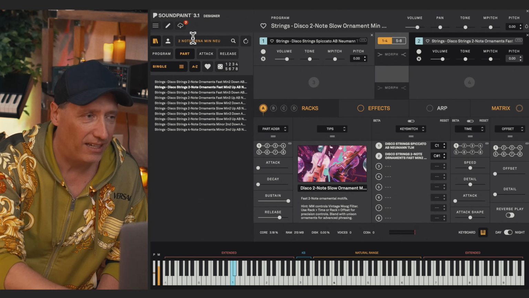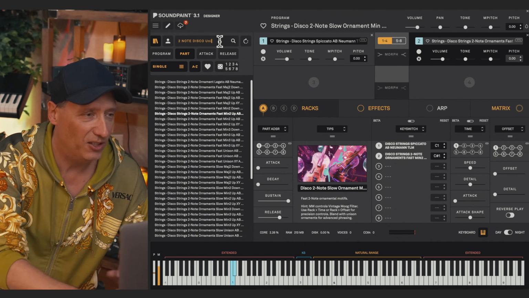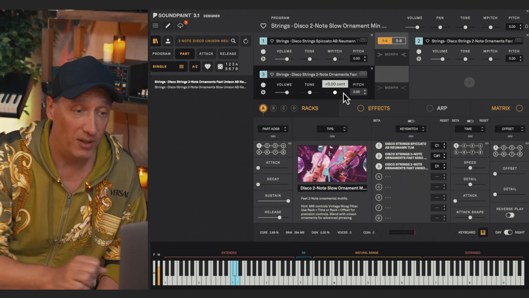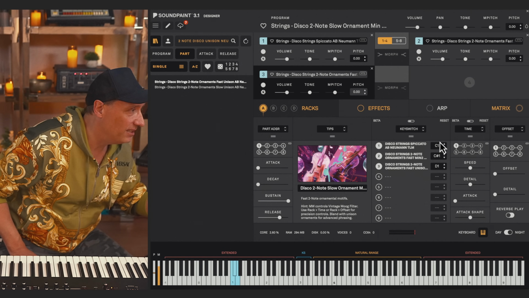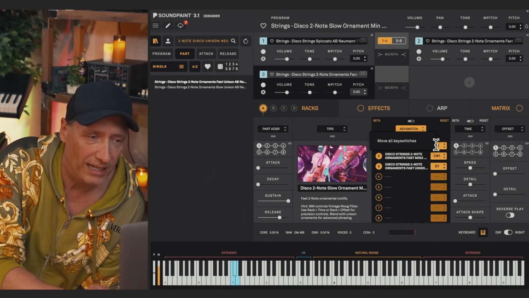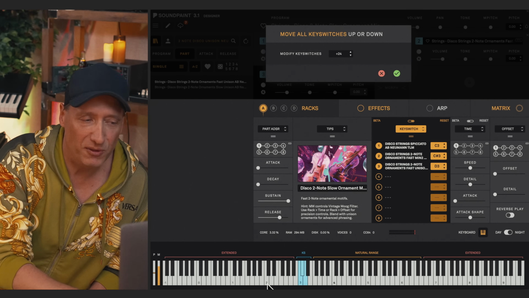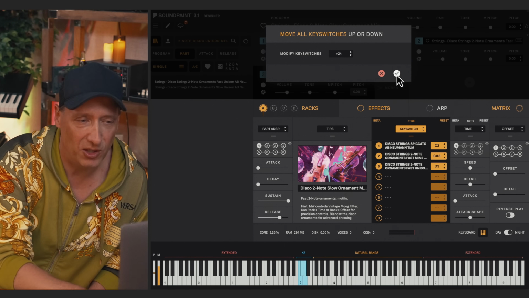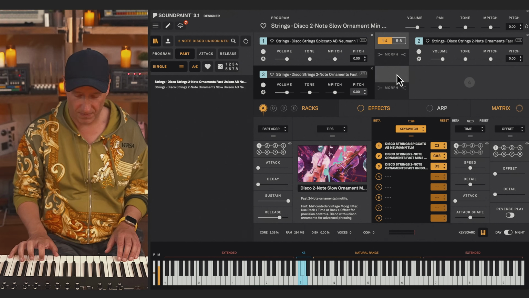And we have that over here. And let's also say that we want 2-note disco, but unison note here as well. And now we have that as well. So we have all the key switches. We can see that they're automatically designated down here from C1 to D1. I want to pull that a little bit up 2 octaves. You can always just right click on the key switches here and say move key switches. I'll type in +24. That moves our key switches up here 2 octaves. So now they're easy to find here. And we got them on C3 to D3.